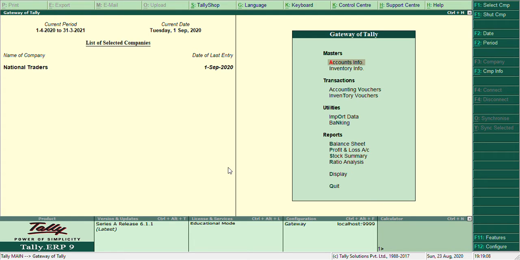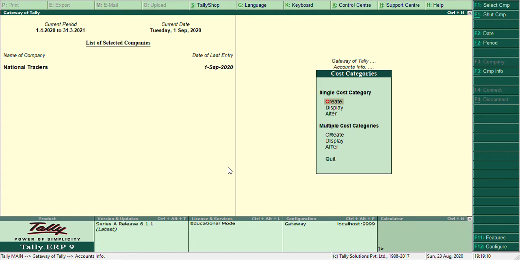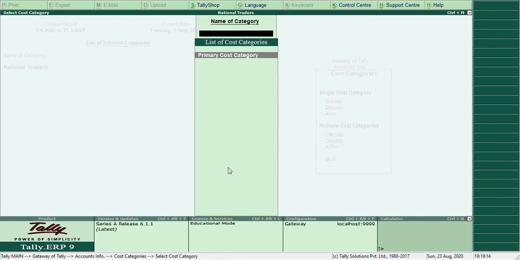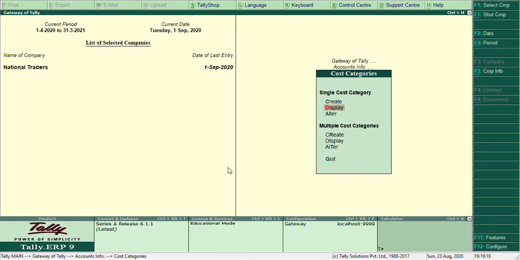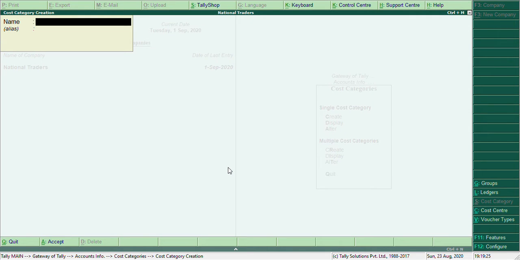So you can go to accounts info, cost categories. You can display the default cost category here, and if you want to create more cost categories, you can create here. Press enter.